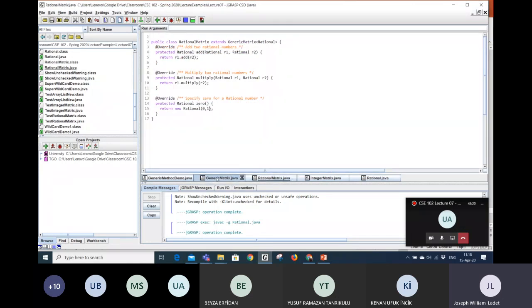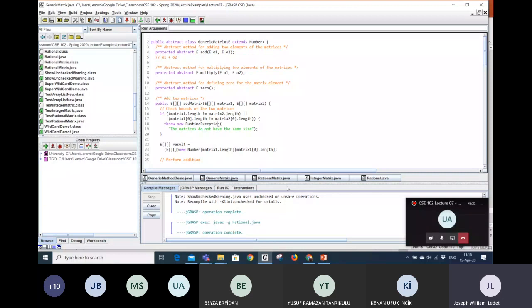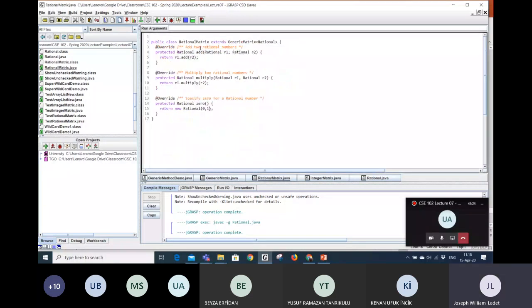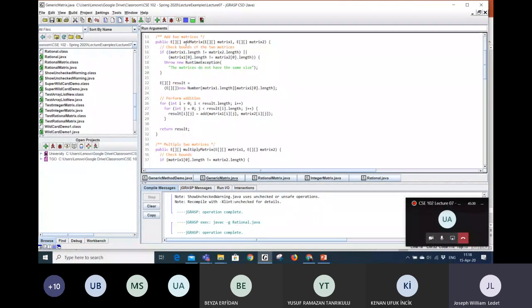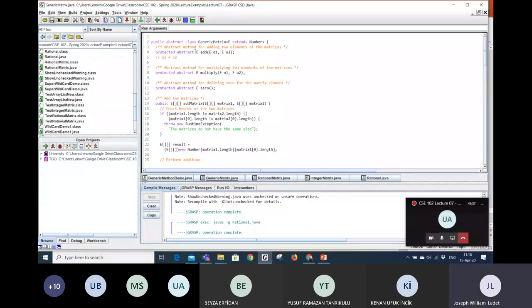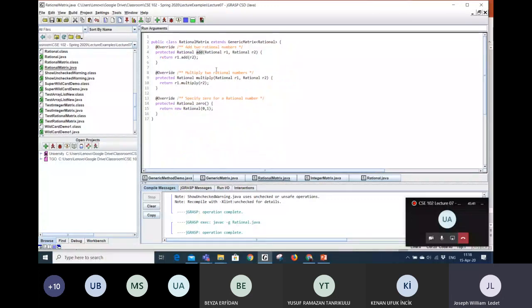Okay. So what happens if I create two rational matrices and I go to call the add matrix method, it's going to call the add method. Well, the add method in generic is abstract, but the add method here in rational matrix is not. It's a concrete method. It's a concrete implementation of the abstract method from generic matrix. All right, so let's